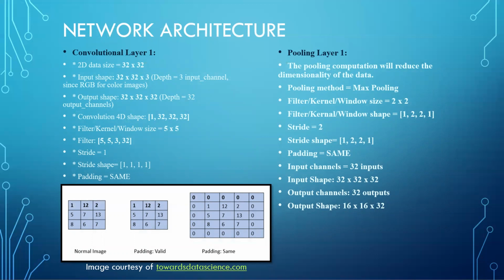Although the filter values are applied randomly during construction, the filters will update these values as the network is trained. Additional filtering layers and feature maps can be added and become more abstract as we create a deeper CNN. In the architecture data, you can see that in convolution layer 1, we're introducing a 32 by 32 pixel image with a depth of 3 for each color layer. The output shape will have 32 output channels.